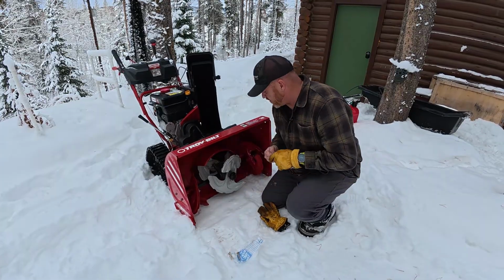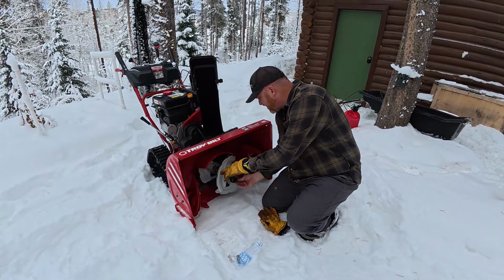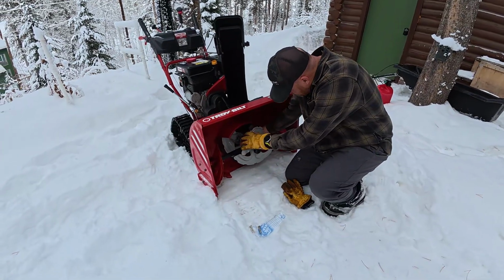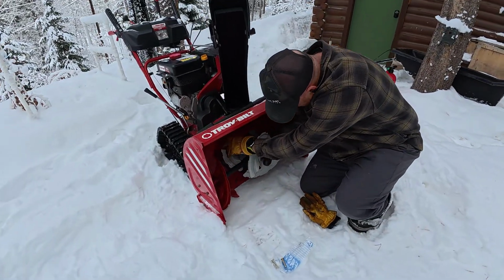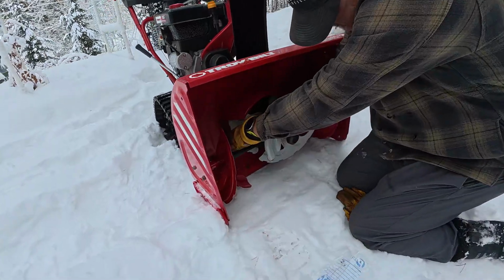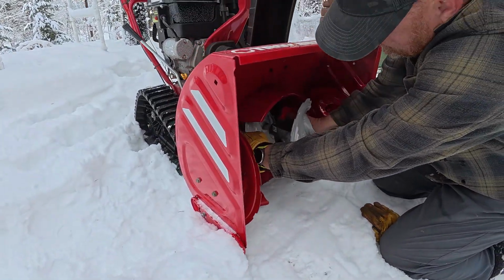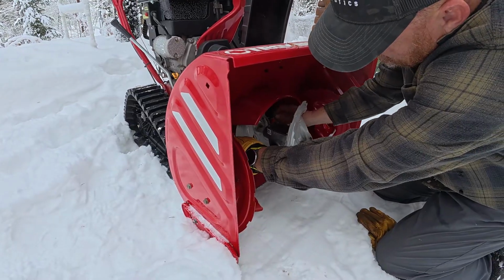I'm hoping these pins are better. I'm glad that it didn't shear anything. Honestly, I'm surprised that we didn't break the snowblower. So I'm just trying to find out where that